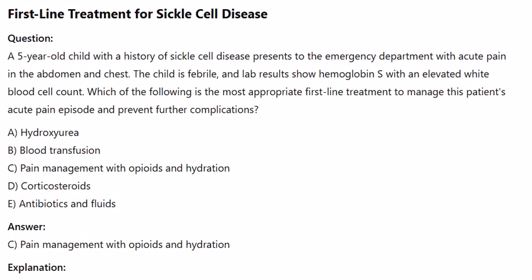First-line treatment for sickle cell disease. A 5-year-old child with a history of sickle cell disease presents to the emergency department with acute pain in the abdomen and chest. The child is febrile, and lab results show hemoglobin S with an elevated white blood cell count. Which of the following is the most appropriate first-line treatment to manage this patient's acute pain episode and prevent further